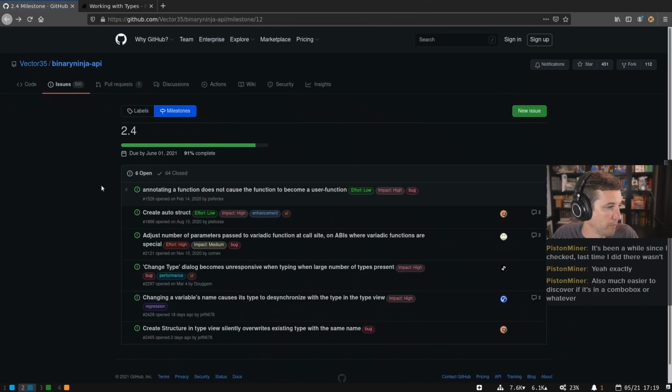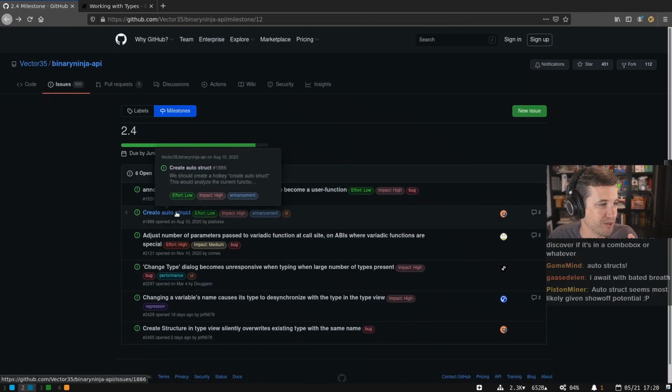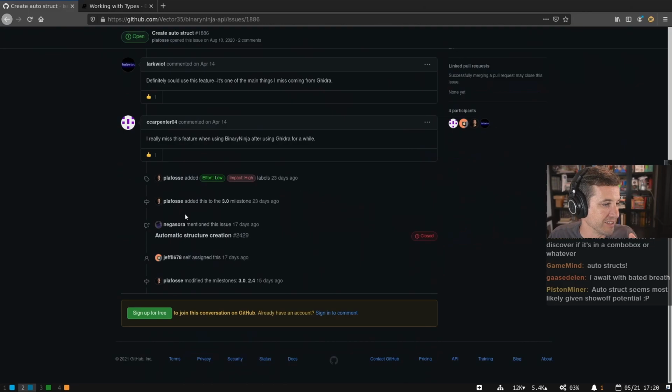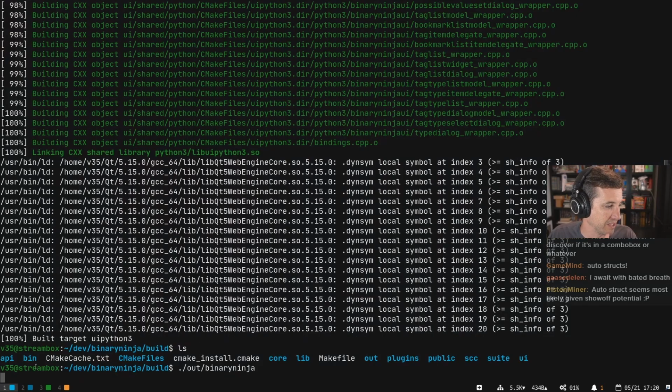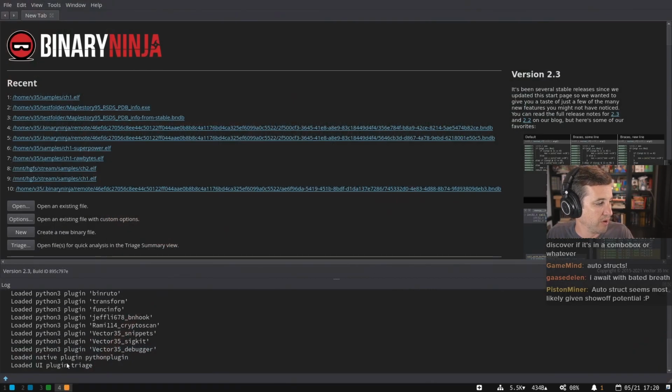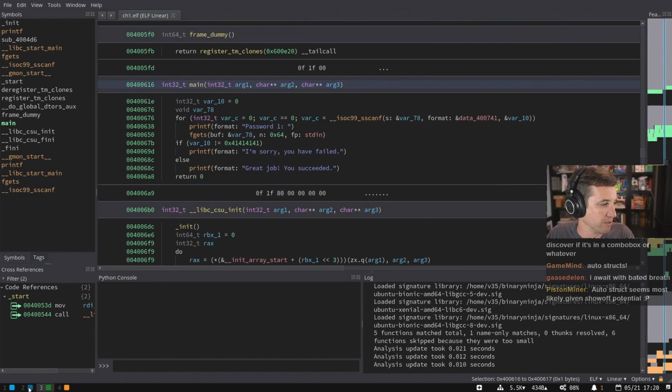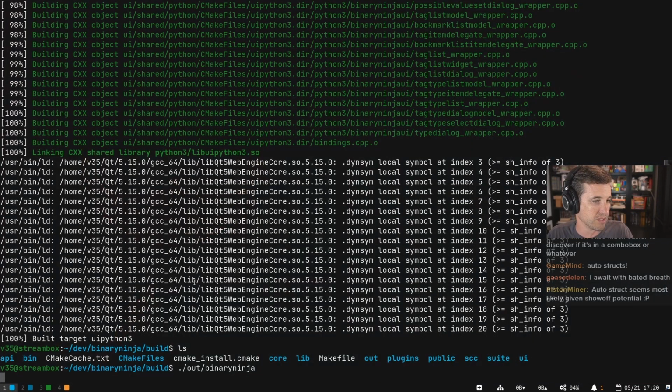So cool. All right, so I've mentioned that I have another secret feature that I haven't told anyone yet. Well, I think Vectorites know. Create Auto Struct is here, and I'm excited to try it out. I have never seen it. I'm going to be trying it blind here. Like I said, I literally just built that test branch and compiled it, and we do have a test application that Xusheng used when he was developing it.